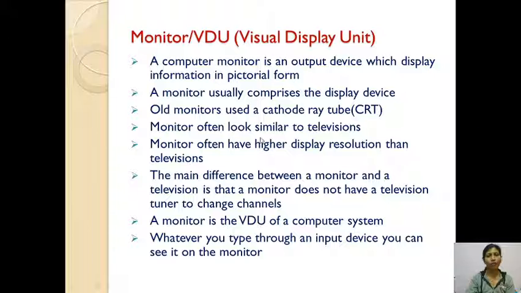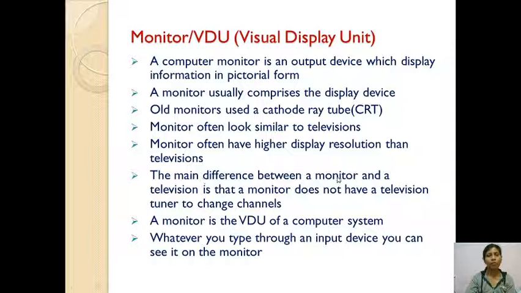Monitors often look similar to a television, but there is a difference between the television and the monitor screen. Monitors often have a higher display resolution than the television. This is one of the differences between the monitor and the television.